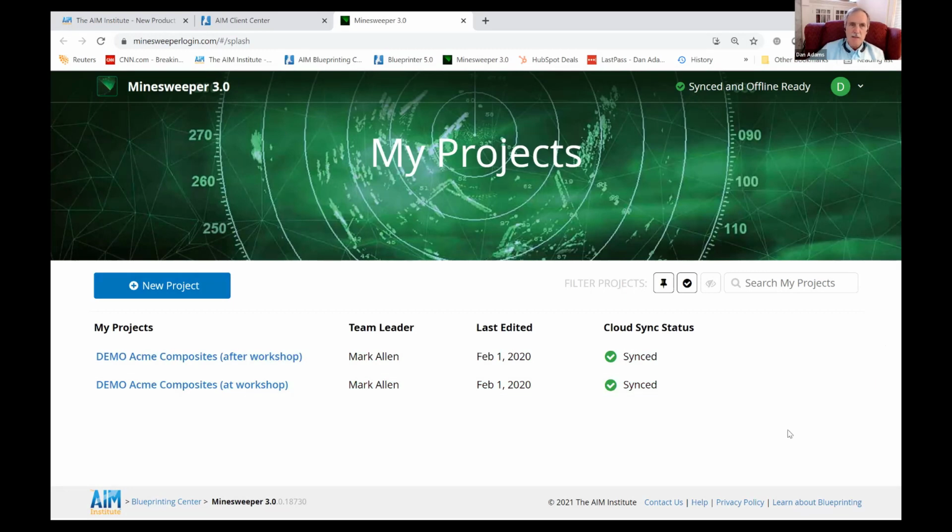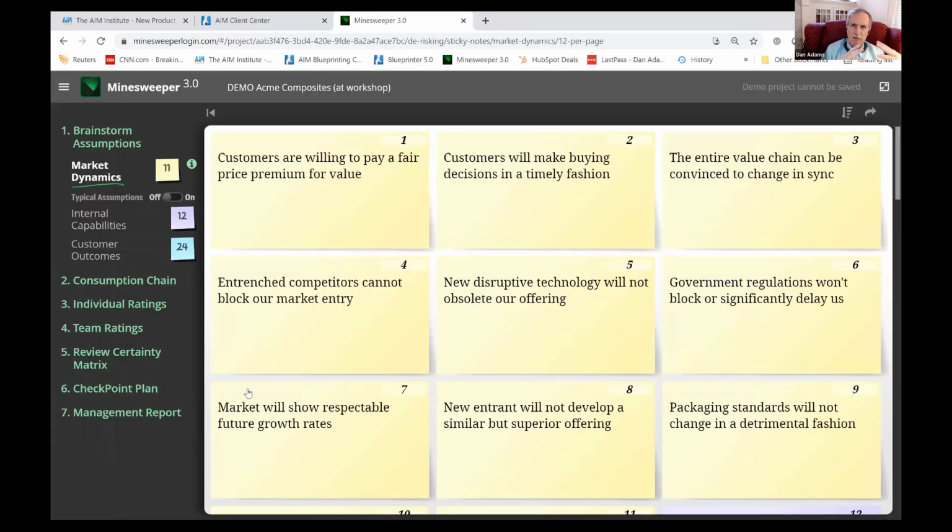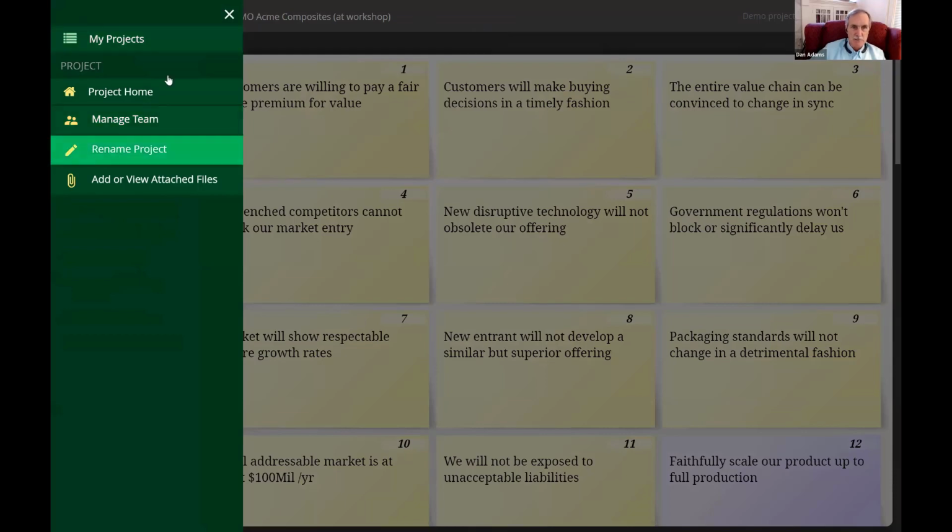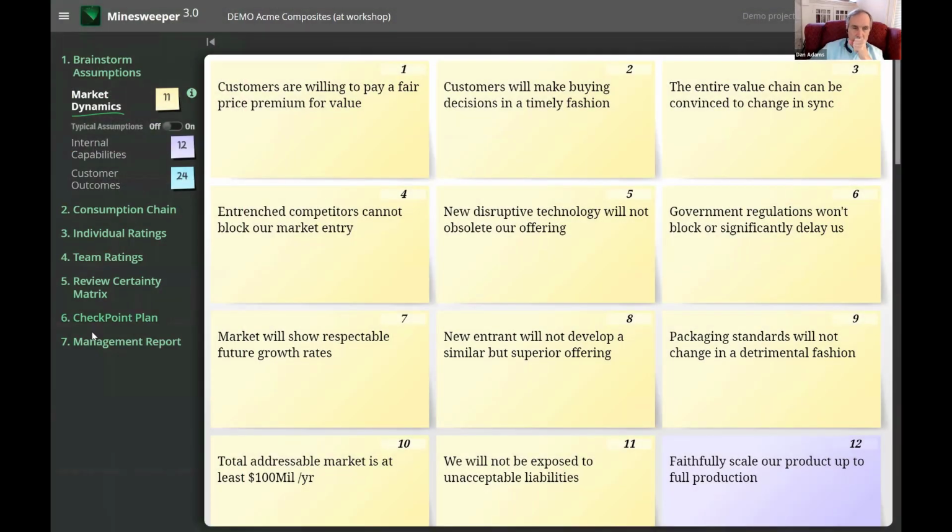Now, what I'm going to do is show you how this starts at the workshop. You can think of this as two phases. One is, what's a team do at that kickoff workshop, whether it be a 2-day affair, or maybe we do a series of 2-hour web conferences over maybe 3 weeks or something. Now, when we get in here, just like blueprinting, you can always add more team members, rename your project, things like that. And just like blueprinting, we start at the top and we work our way from north to south